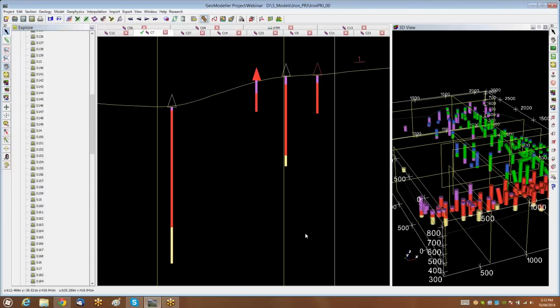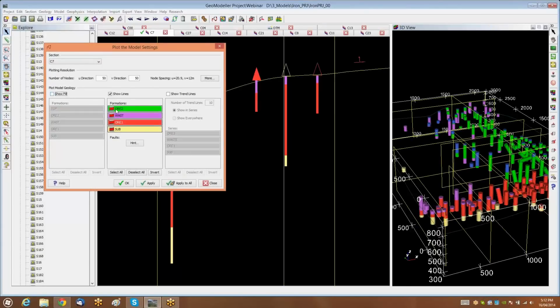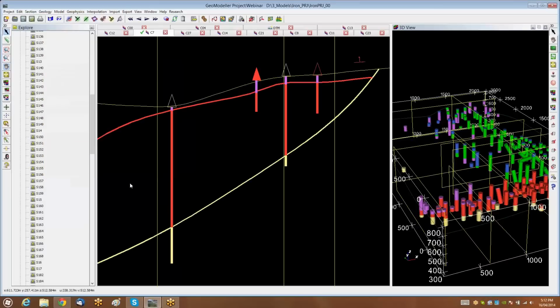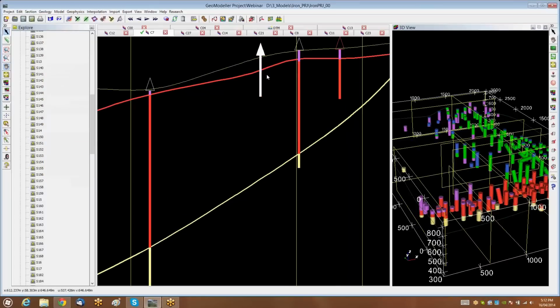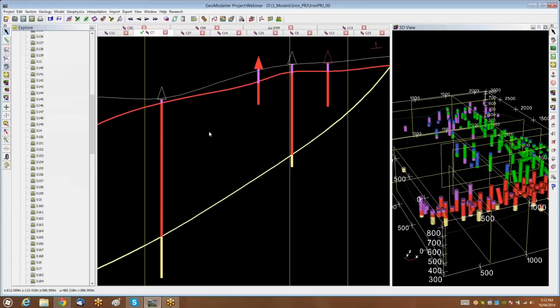When the compute is done, we can also proceed again to show the lines of the model against section C7. And you'll see there is a closer resemblance to the fit. Just again reminding you that these drill holes are projected onto the section, so an exact fit may not be necessary or in fact required in the three-dimensional view. But what we would like to see is a greater